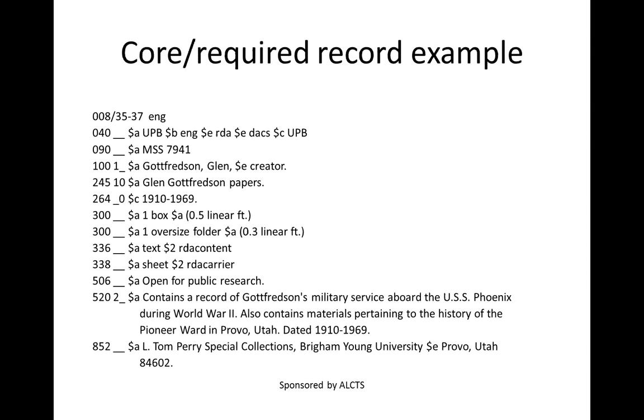Having run through the individual elements of the bibliographic record, bringing it all together now into a single hybrid record that complies with both the RDA core and DACS required element set, we can see we have a basic record that would be similar to the example on this slide. Looking at the fields, this includes the title, date of production, extent, content and carrier types, the scope and content note, restrictions on access, the name and location of the repository, an identifier, and the language of the material.